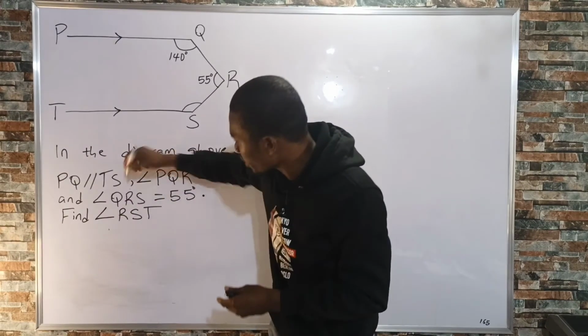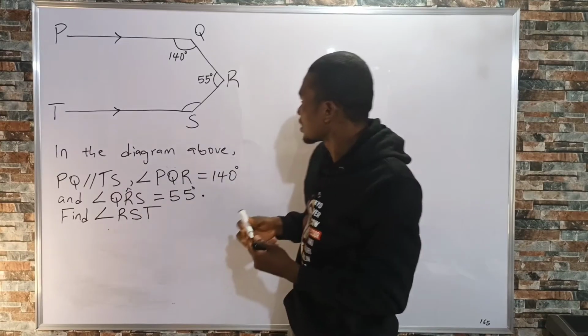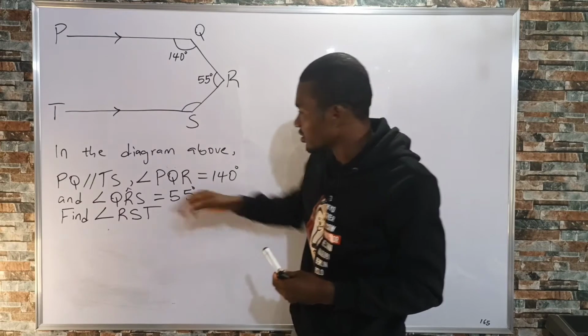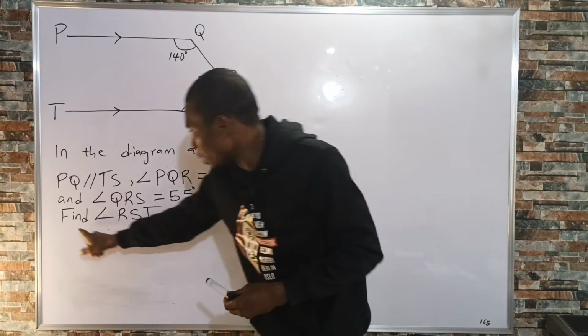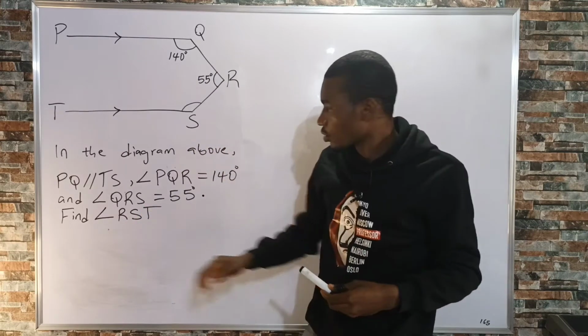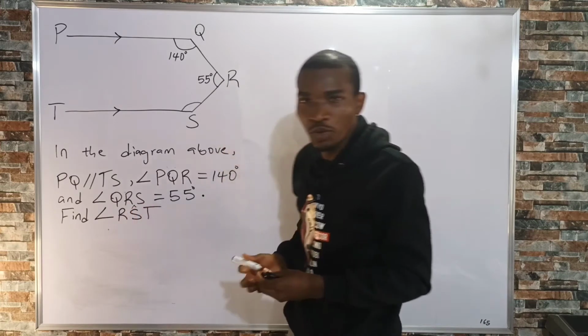So that means we are taking the angle R, and the angle R here is labeled 55 degrees. Then we are asked to find angle RST, that means the angle X is what we are asked to find,